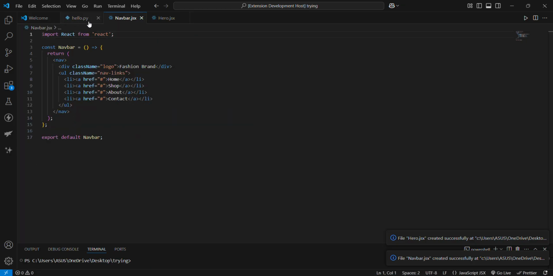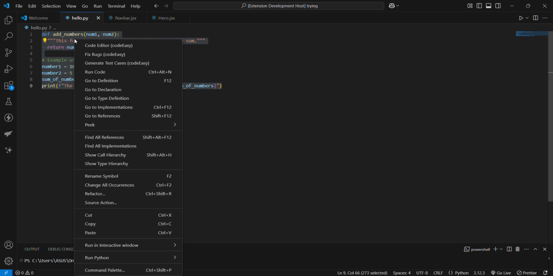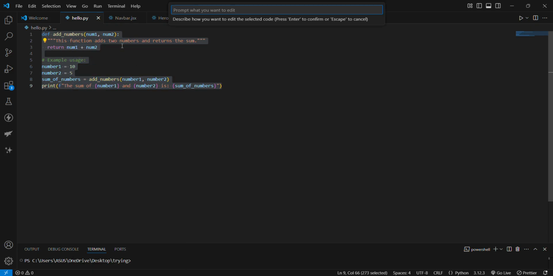Now I'll show you more features of it. For example, in this folder in hello.py, what if I wanted to multiply two numbers instead of adding them? So what will I do? I'll select the text, right click, and then there is the code editor option of codeEasy. On clicking this, I have to give it a prompt. If I write multiply instead and click on enter,